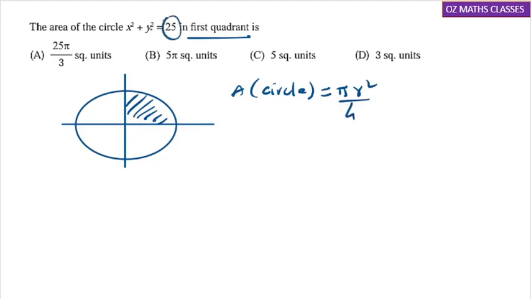And what is r square? R square is 25. So 25 pi by 4 is the correct answer. Here it is a mistake. This should be 4. So the answer is 25 pi by 4. Next,